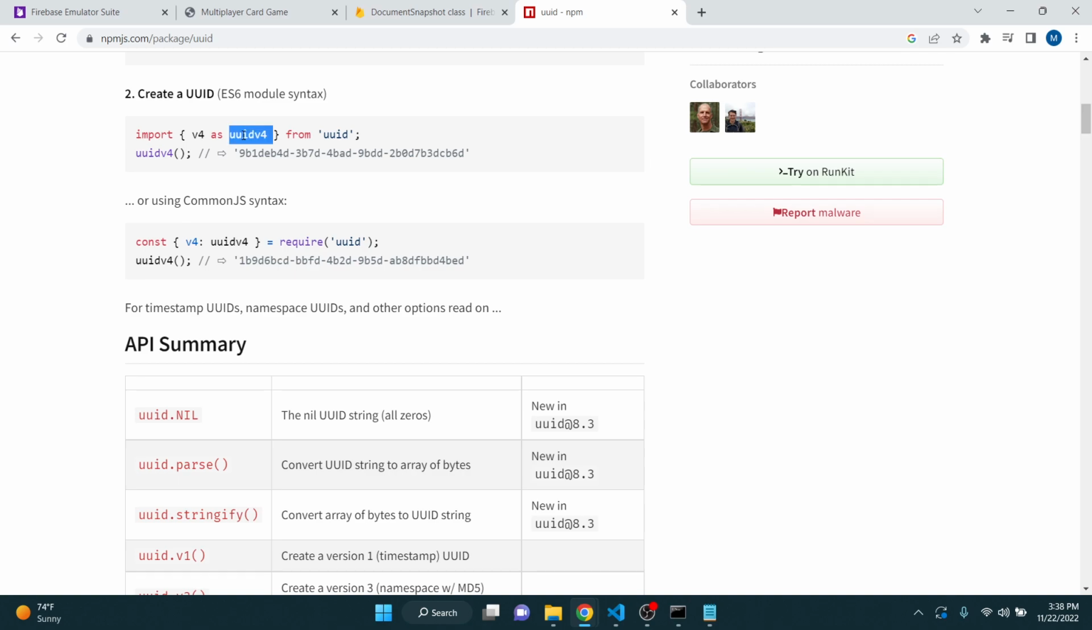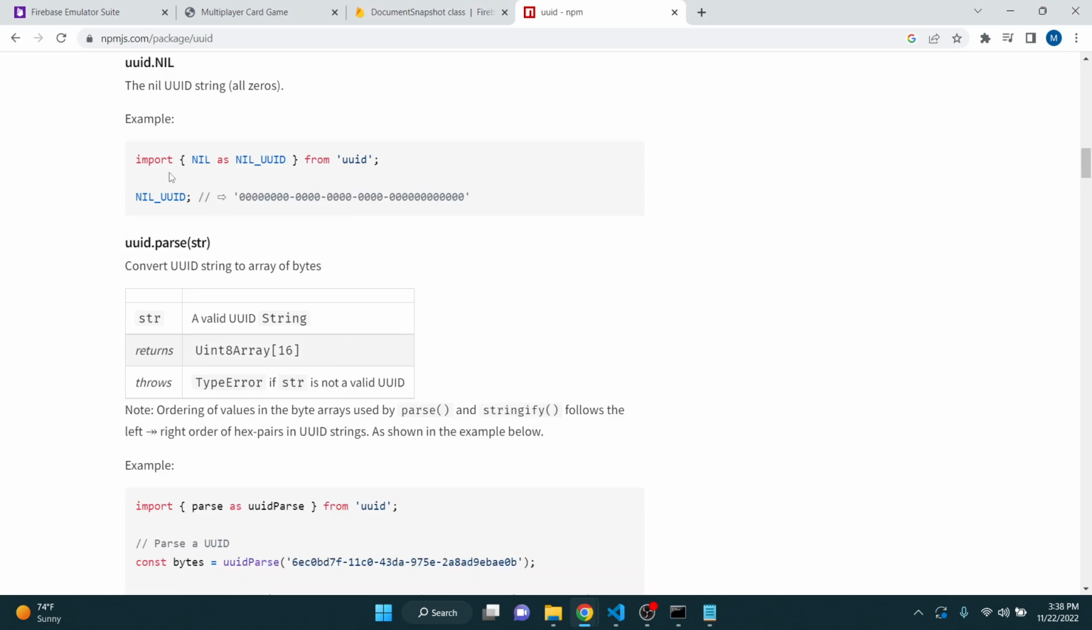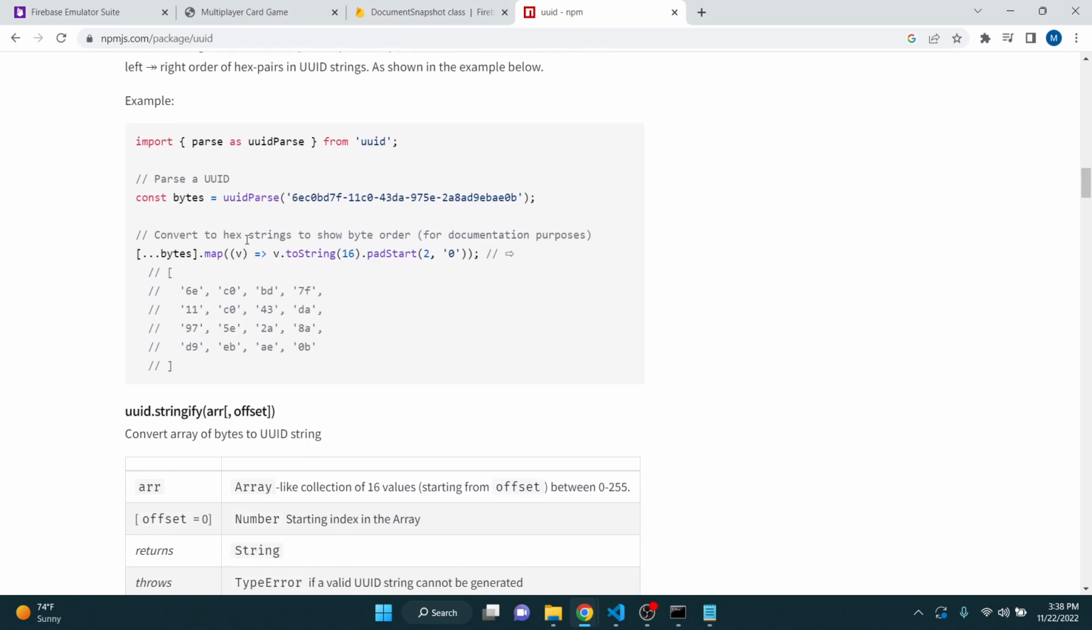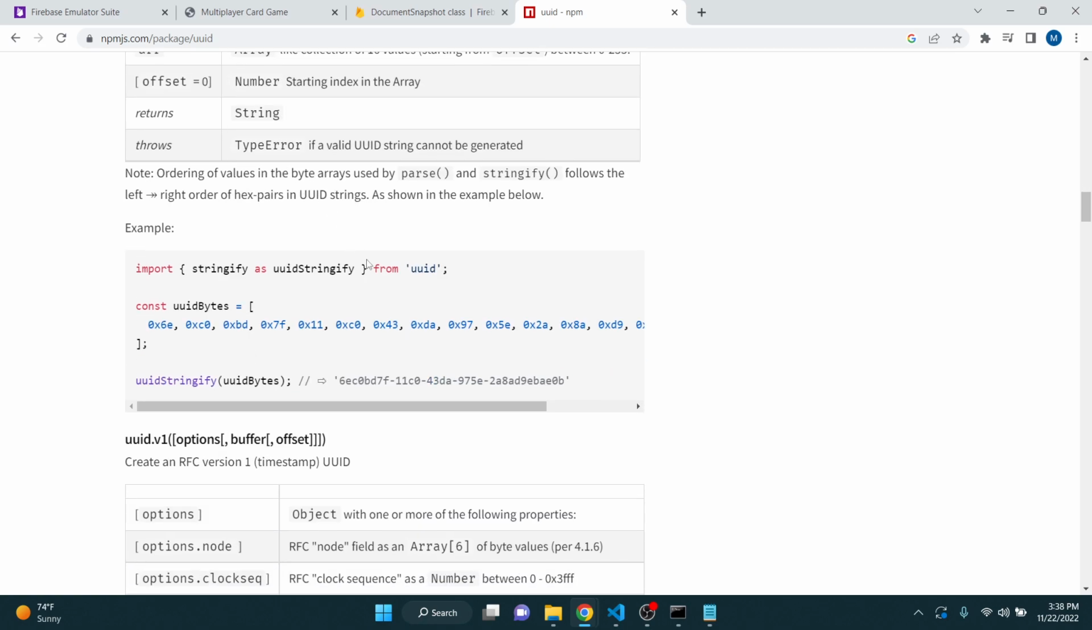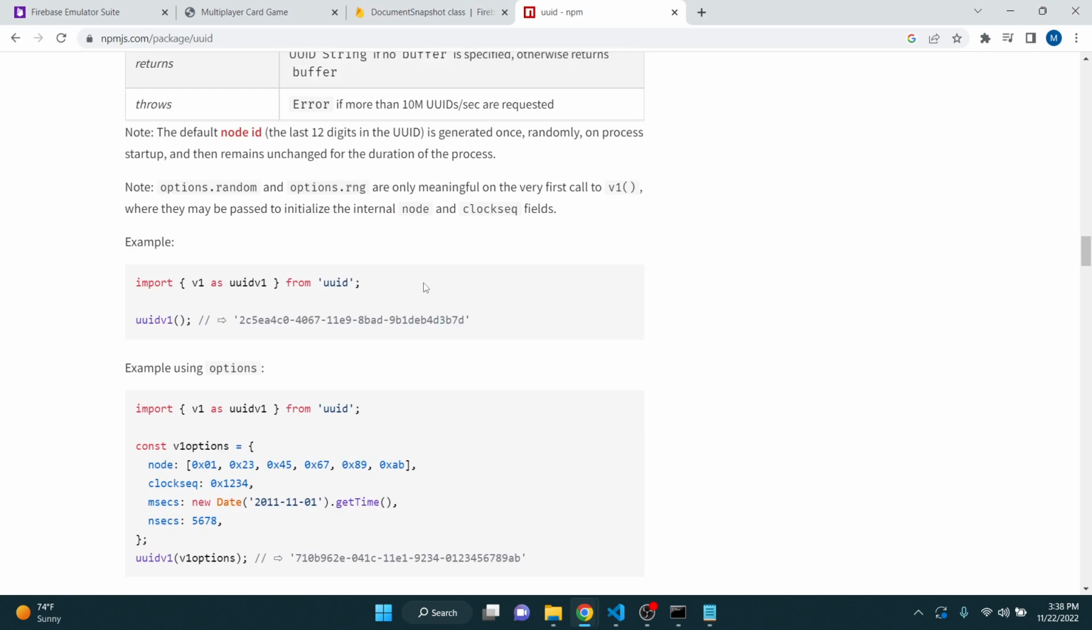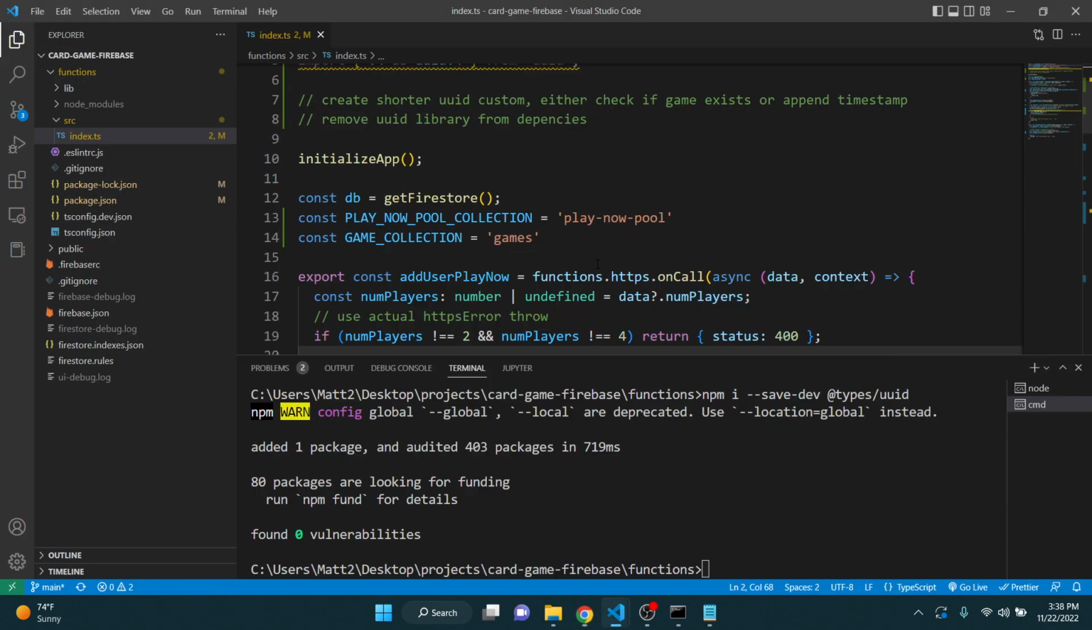UUID v4, so how does this work? I think you just call it and it gives you